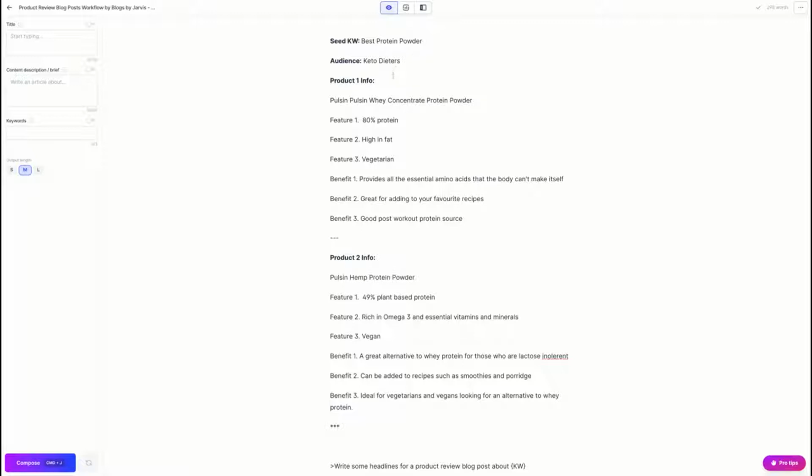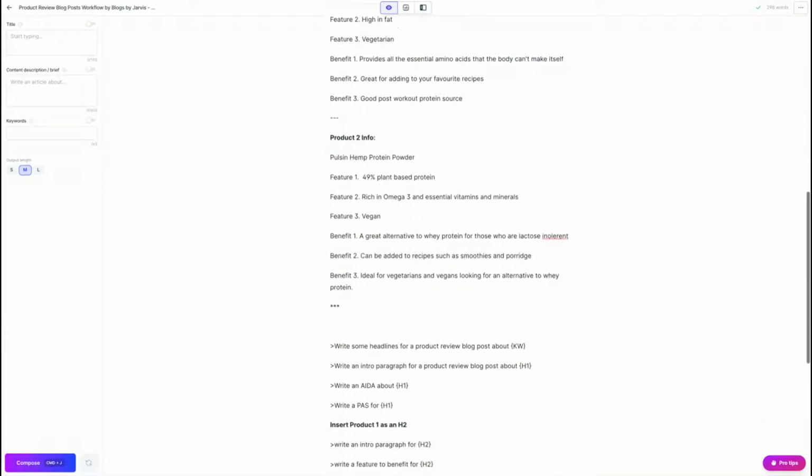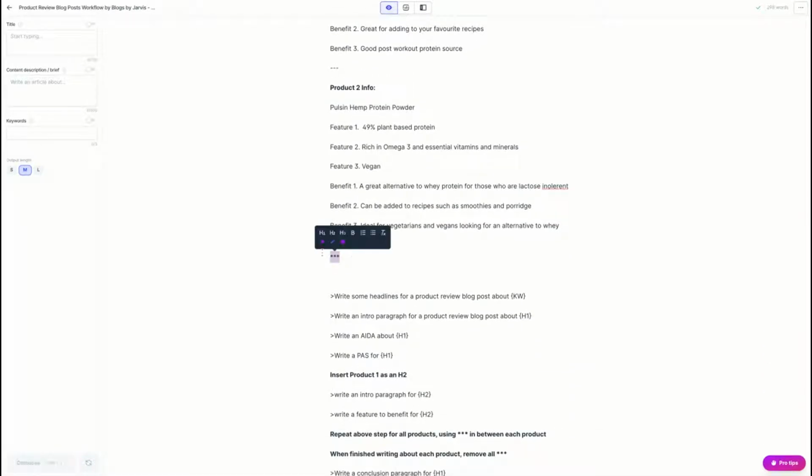My products, I've just gathered information here for 2 products just for speed, but obviously you would gather however many products you're going to review and put them all here in the same format. And all I've got basically is the name of the product, 3 features and 3 benefits. And then all that information I've put above 3 stars, so Jarvis isn't actually referencing that dynamically as we write